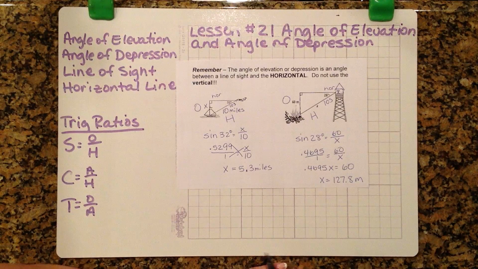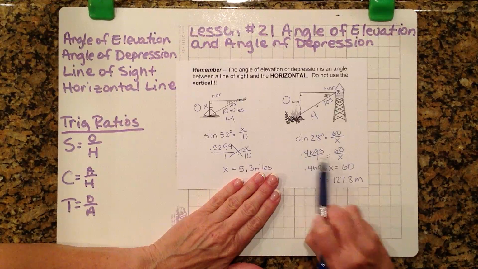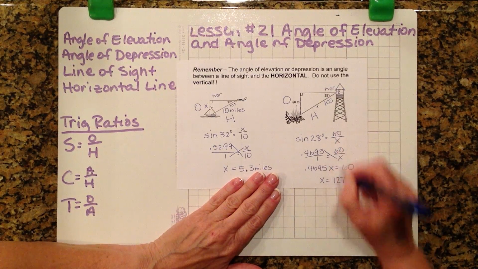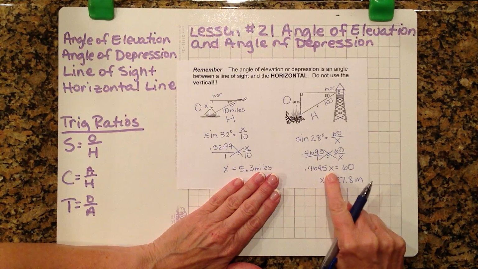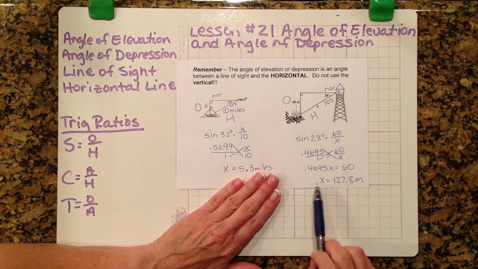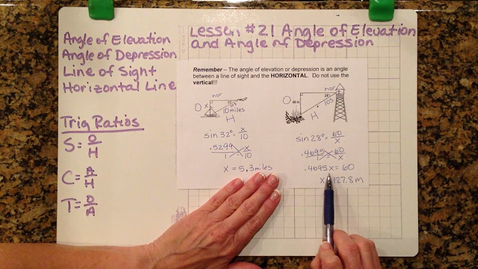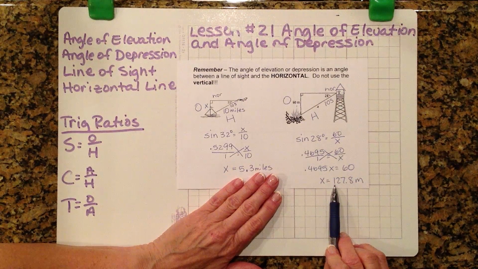It is the denominator. So you're going to have one more little step to do algebraically before you find your final answer. So I found my trig value, or my trig ratio, 0.4695. I'm going to cross multiply here and here, and I get 0.4695 x equals 60. Now I need to divide both sides by 0.4695. So right over here, I did 60 divided by 0.4695, and then get your answer rounded to tenths,